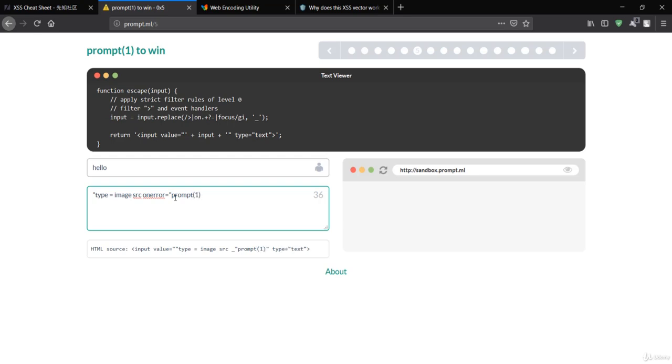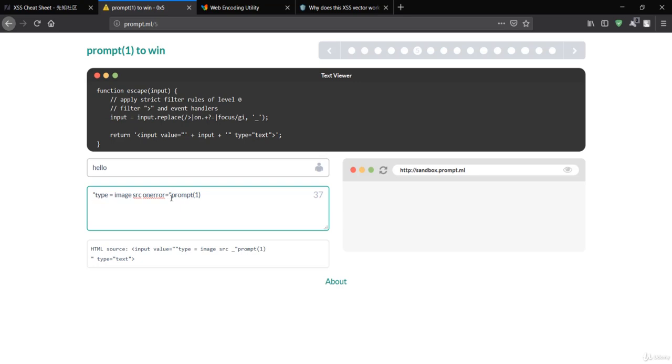So we created the type image, which is here, and let me just hit enter. It is not executed because the type has been image and on src, and it should be onerror. It will get the prompt of 1.